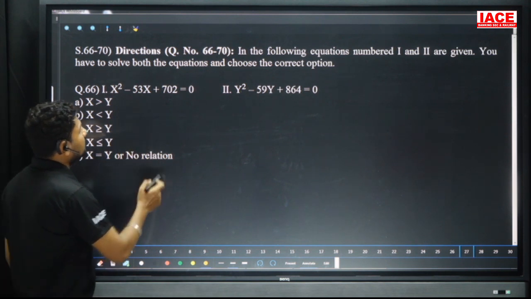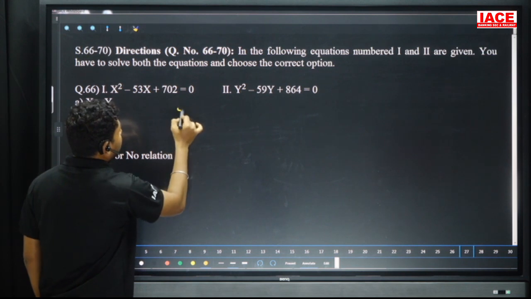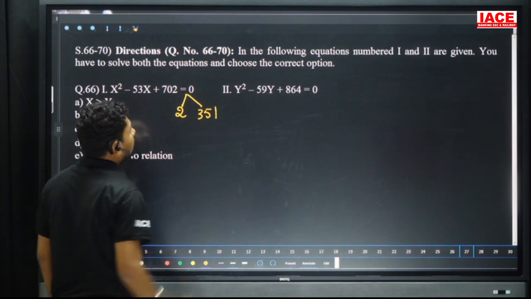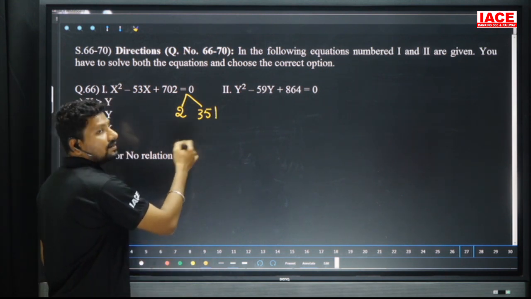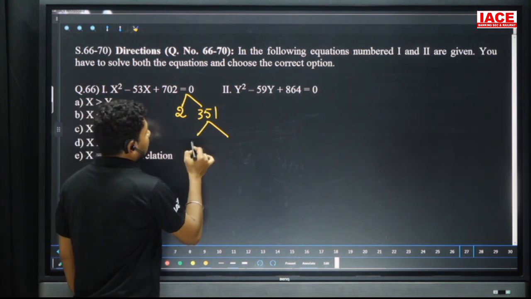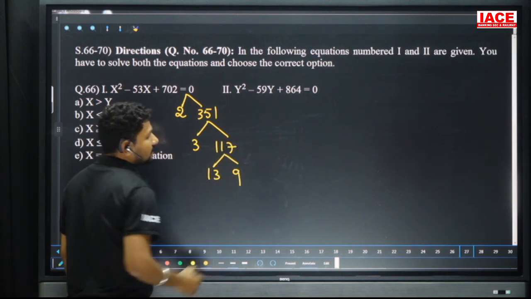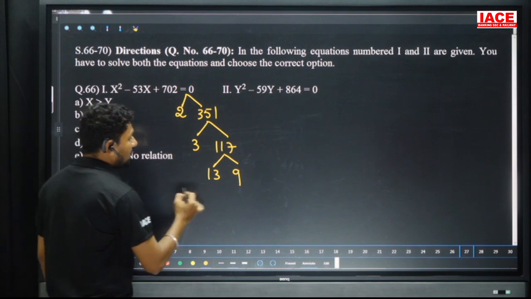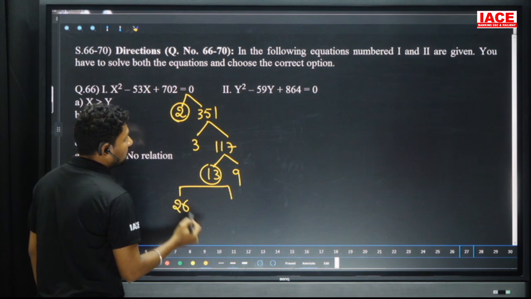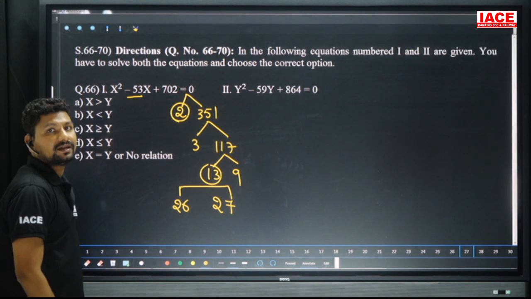Next, we have directions based on quadratic equations. We have such bigger numbers. How to calculate? Look, minus times minus is always giving positive numbers. So 702, first of all I am separating with 2. So 2 separated now, which is equal to 351. Okay, 351 double is 702. Here 351 we should separate with 3. So here the table is 3 ones are 3, 3 117, and here 13 nines are 117. Then the final factors we have to write. The final factors are 13 twos are 26, 9 threes are 27, 26 plus 27 which is equal to 53. This is the way we can merge it.